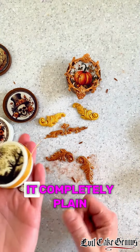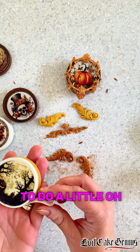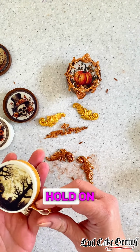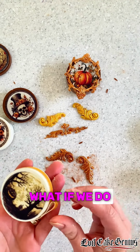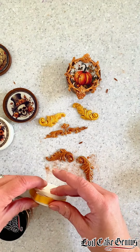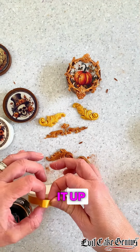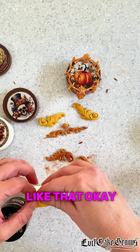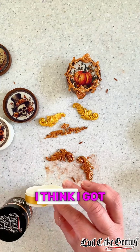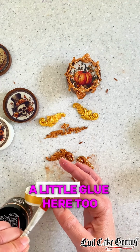So you can do it completely plain. I don't know. Might be kind of cute to do a little. Oh, what if we do? Okay, hold on. What if we do like this? Let's see if I can turn this into a bow. Again, no idea what I'm doing. Just making it up. What if we do that? Okay. I think I got it. So I think if we put a little glue here too,